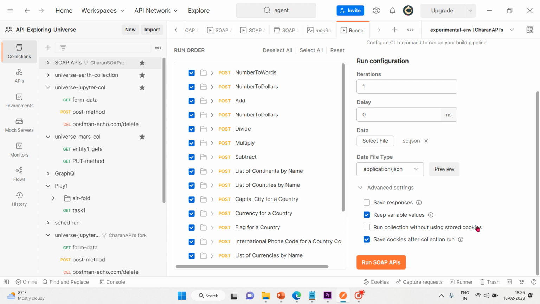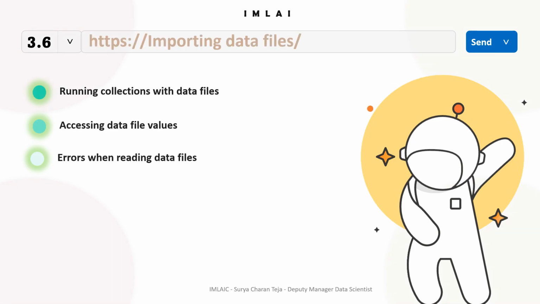We can view it, modify it, pause it, resume it, and delete it. That remains the same. It doesn't change. And we can access the data file values also, similarly using environment variables, and some more we'll find out. Okay, so that's how we use a